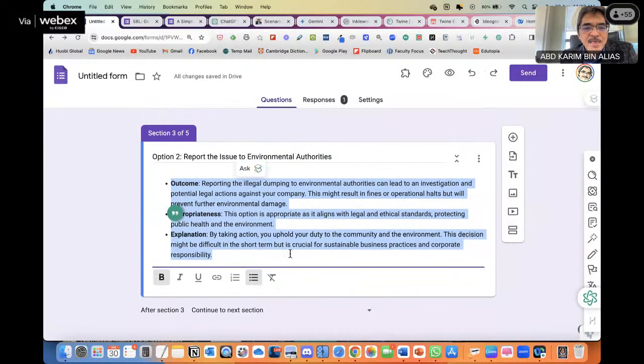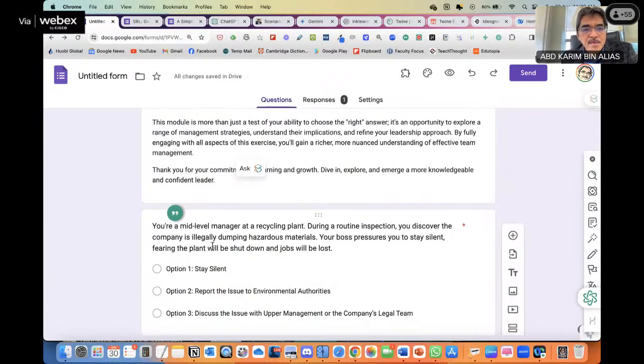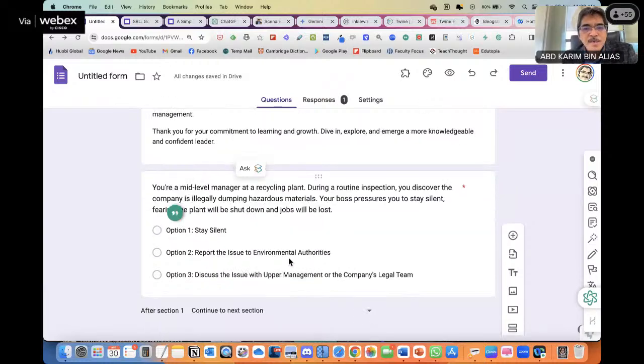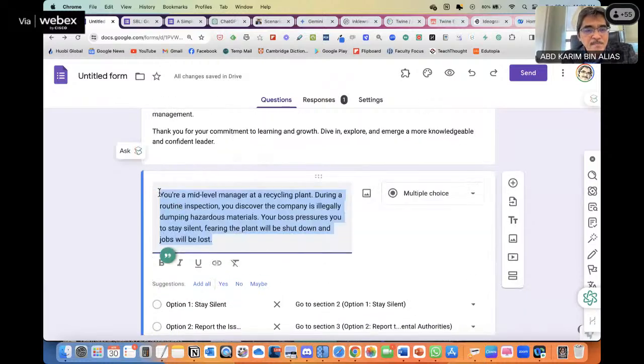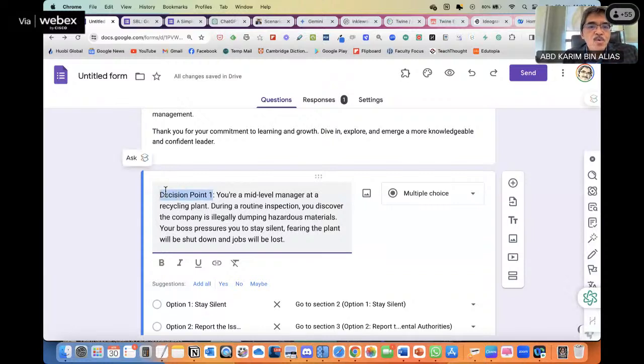What we can do here, we can create another similar to this. This is decision point number 1. Let's label this decision point 1. I haven't tried. Good questions. I haven't tried this because I just want to focus more on simple branching with Google Form. So this decision point 1.